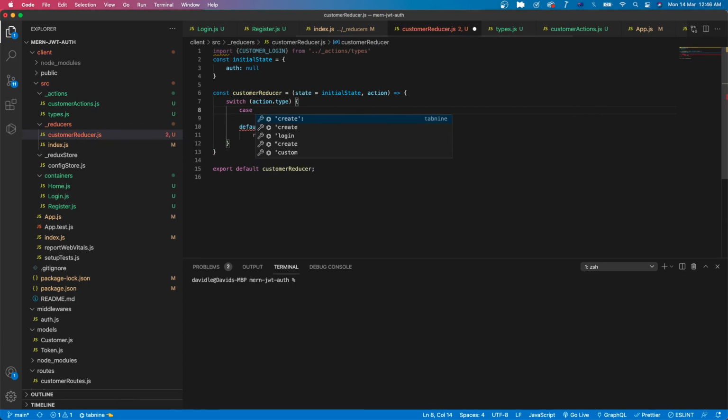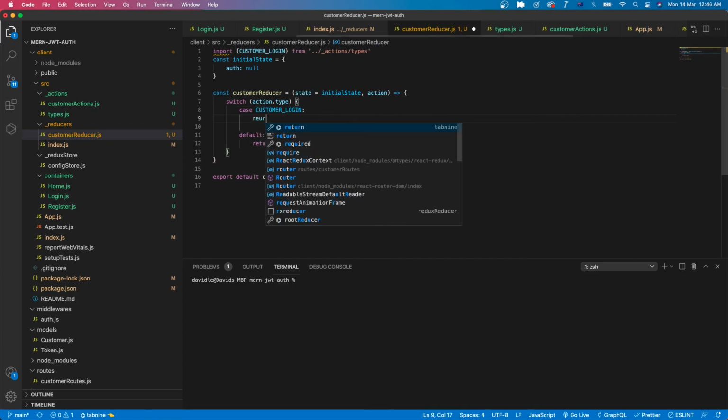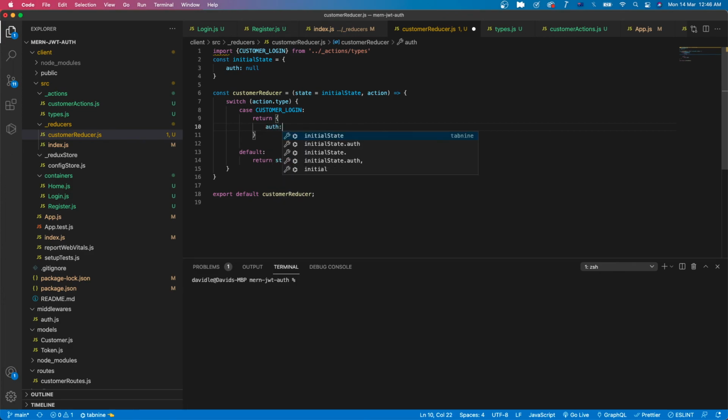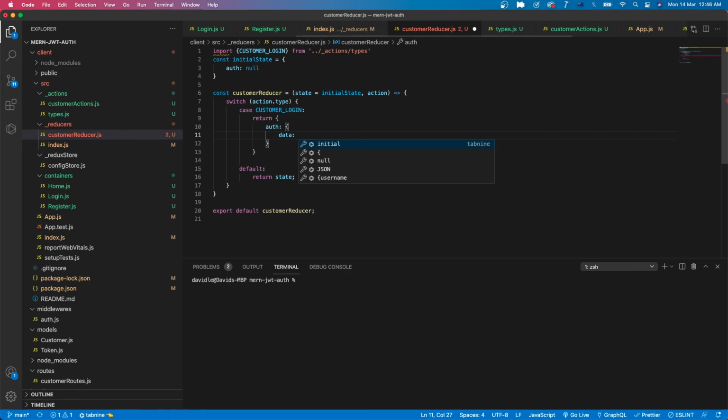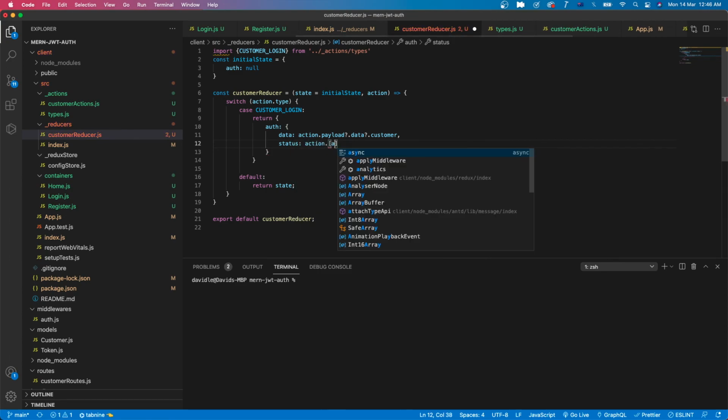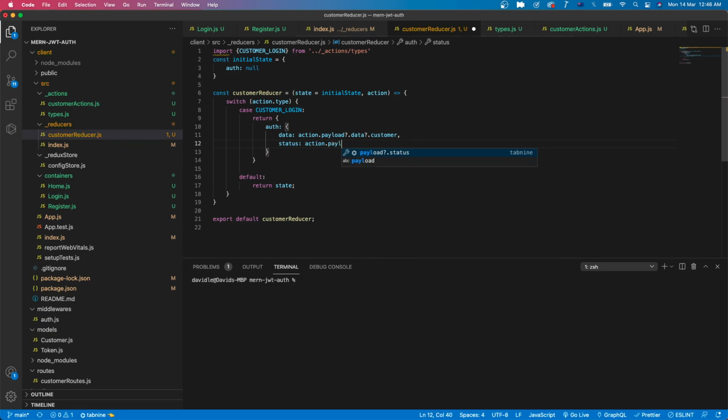If the case is customer login, we will return data, action payload data customer, and the status is action payload status,